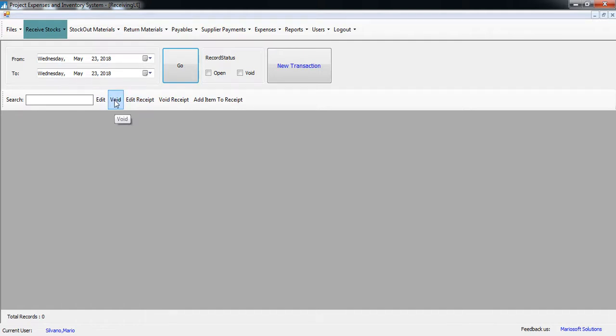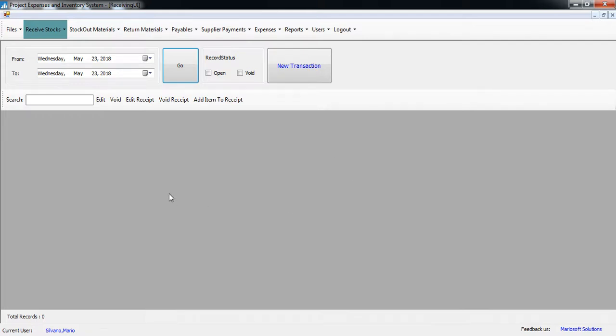Same also when we void the individual data or the receipt itself, or we can add item to the receipt, because what will be displayed here is the details of the received stocks, which means that if in our received stocks the receipt contains 5 items, then the 5 items will be displayed here with its corresponding